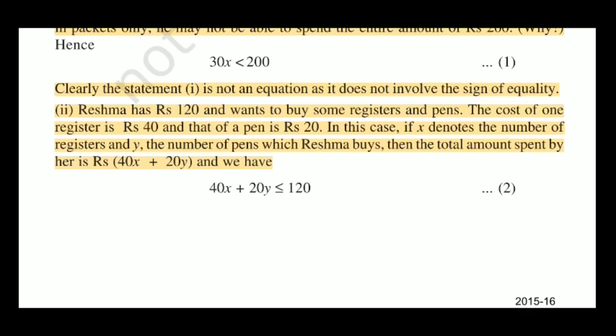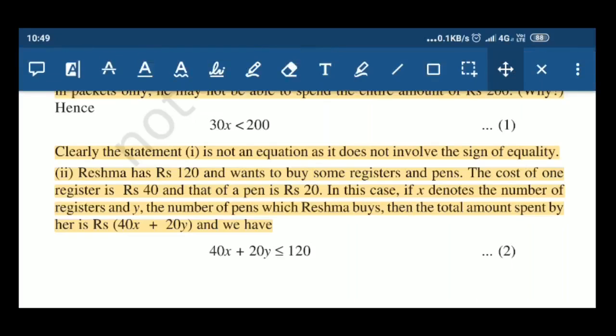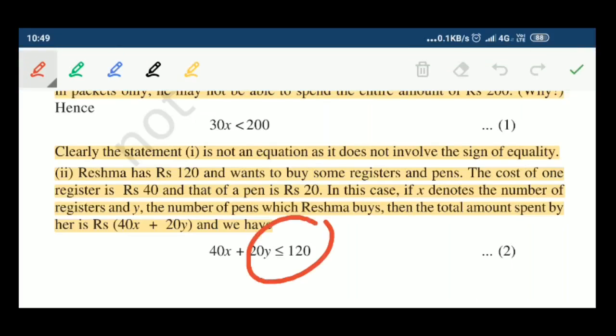I hope you understood. So in place of the equals to sign, you will use this sign here. If we use these types of signs in place of equals to, sometimes you will get less than or equal to, sometimes more than or equal to, strictly less than, or strictly more than. So then the equation comes in the form of inequalities.